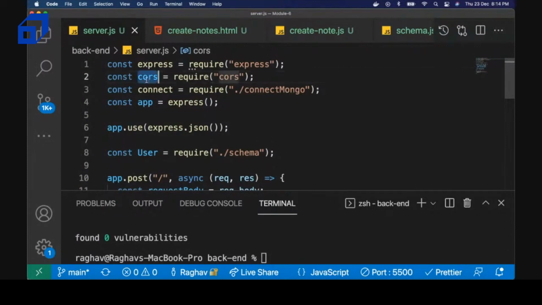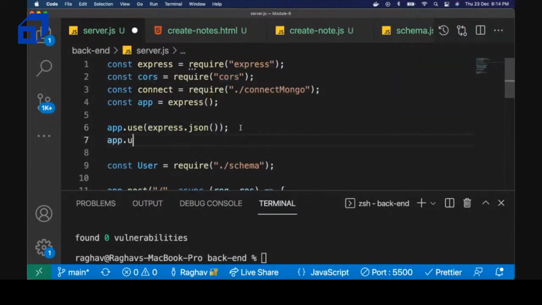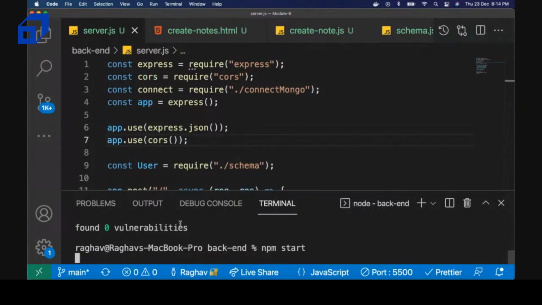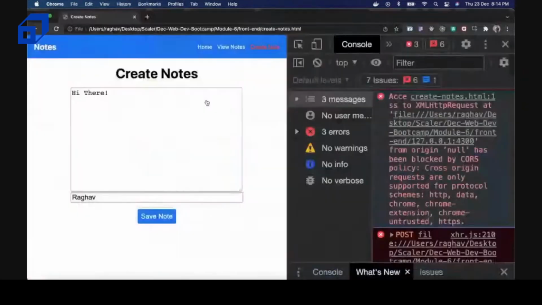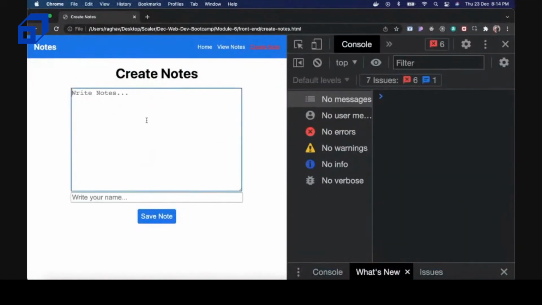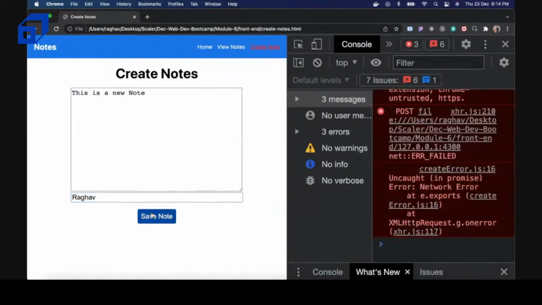And again the server should use the cors configuration. So again the same configuration, app.use cors. So cors is a function. When I declare it and start the server, hit refresh, the server has started. And now at this time when I hit refresh over here, and this is a new note, and my name is Raghav, when I click on save note,